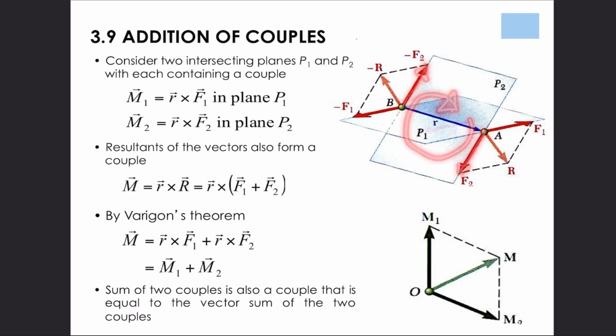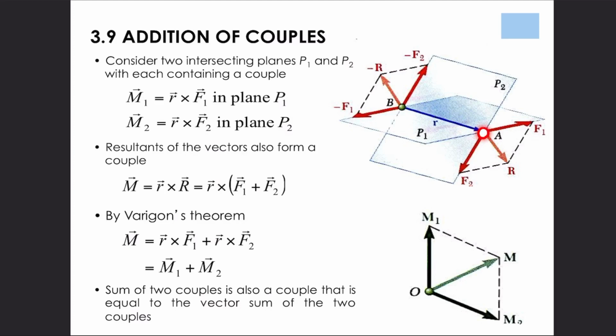Okay, so in order to get the moment, there is a plane 1 moment of F1. So F1 times the distance or distance R times F1. Sa plane 2 pod, R times F2. Resultants of vectors also form a couple. Kung tanaw na to,